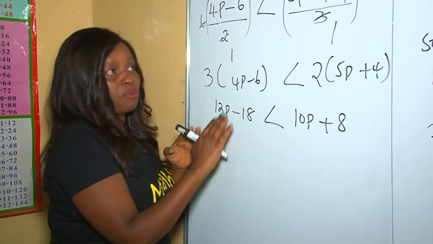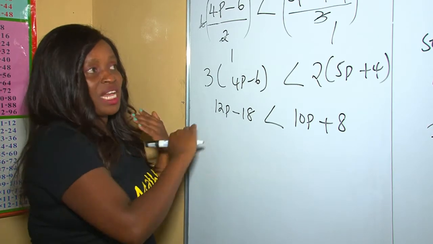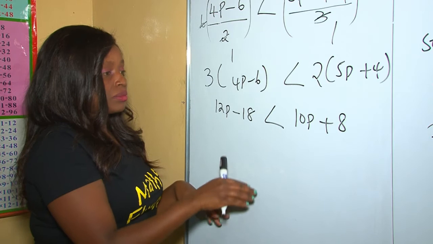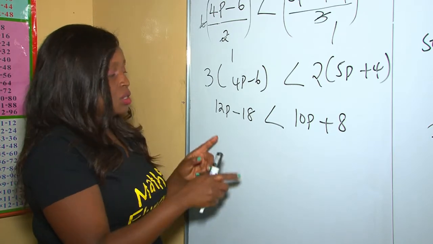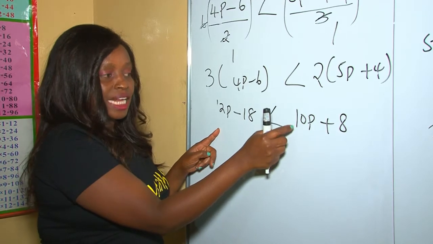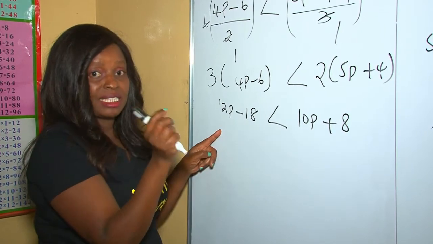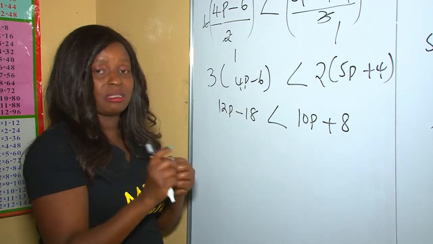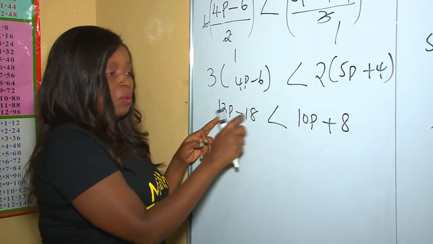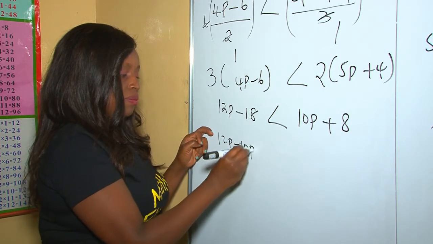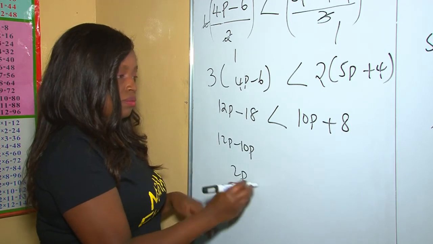At this point now we have removed all the brackets. We are done with the denominators. Now we can put like terms together, avoiding negatives. So this 12 remains here, because if you take 12 to the other side, 10p take away 12p will be a negative, and you are avoiding negatives. So when I'm putting like terms together, avoid negatives as much as possible. So 12p, we bring 10 on this side. 12p take away 10p, it's 2p.